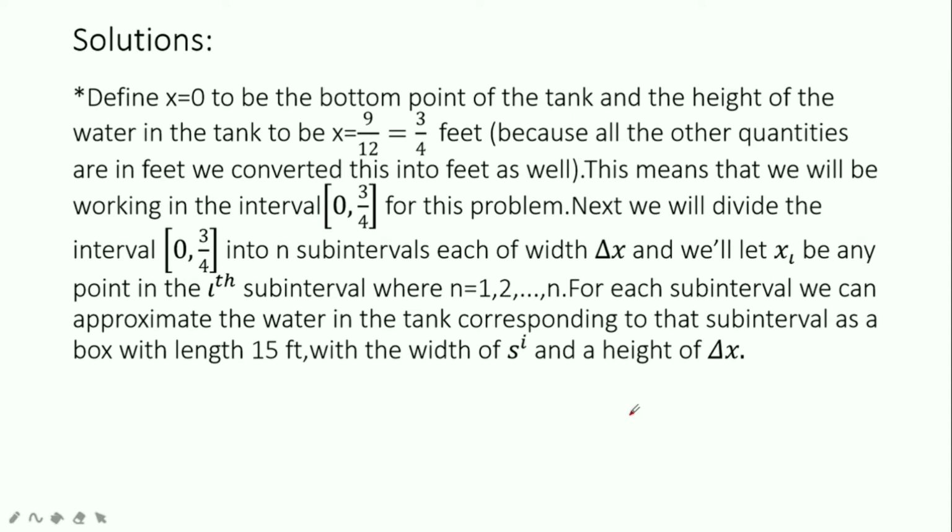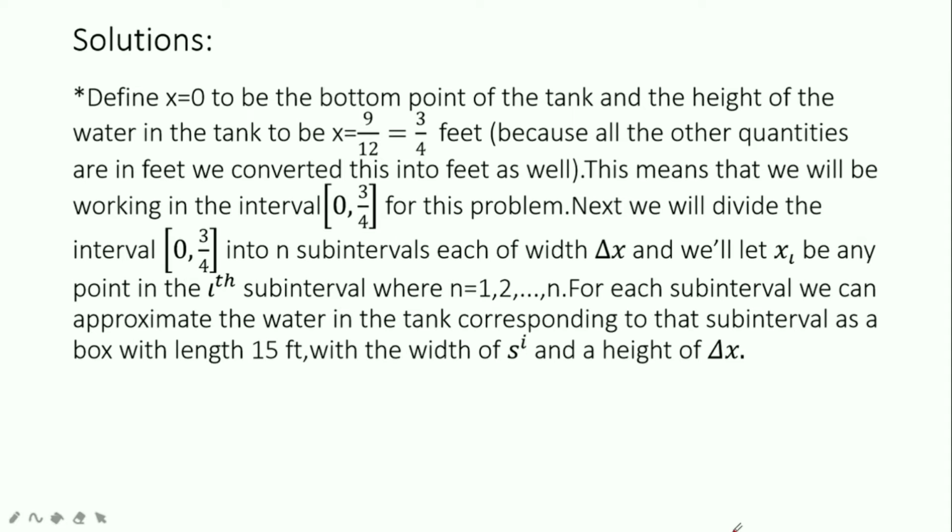Because all the other quantities are in feet, we converted this into feet as well. This means that we will be working in the interval 0 to 3/4 for this problem. Next, we'll divide the interval 0 to 3/4 into n subintervals, each of width delta x, and we'll let x sub i be any point in the ith subinterval,